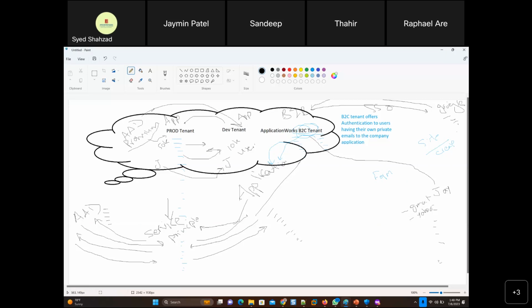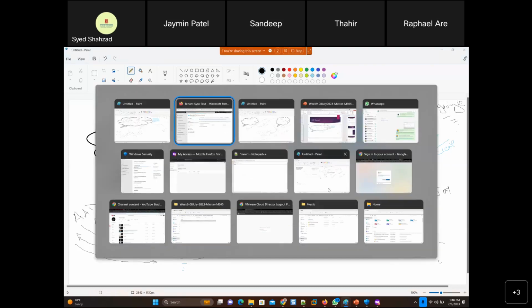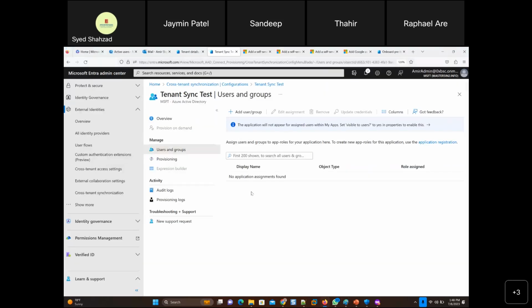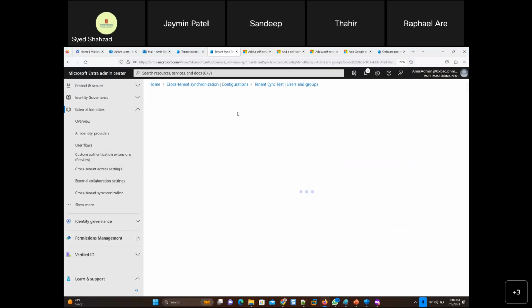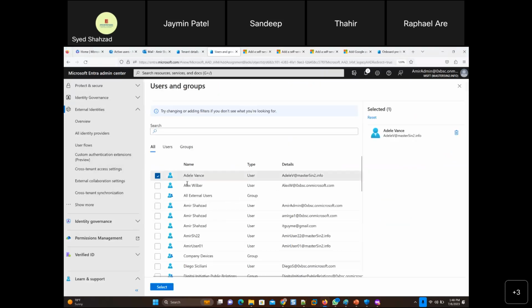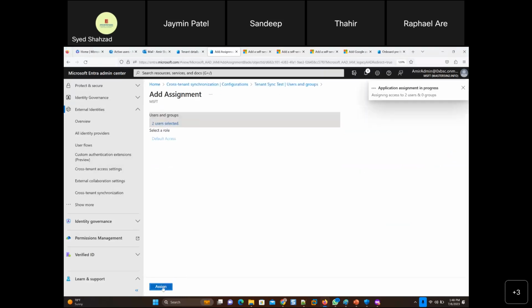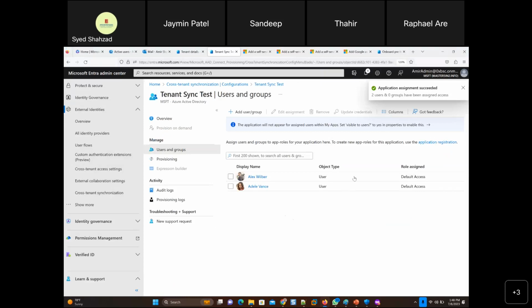So there is some expense to that, but basically this is what is required. There has to be an application registration as well. And other than that, if I go to add user and group, yes, some users could be added there, Alex and Adele, but those users still need to have access to some kind of application on the other side, which we don't have.